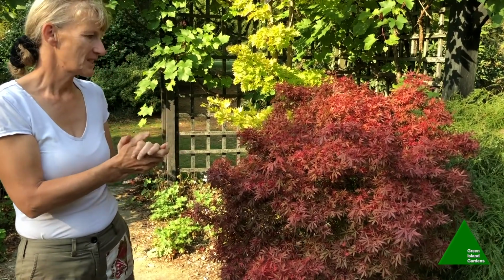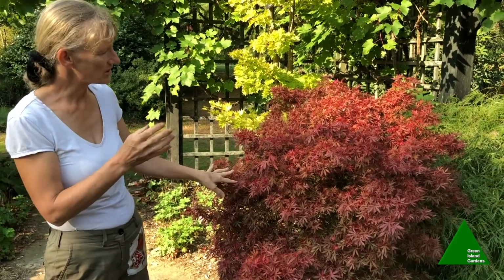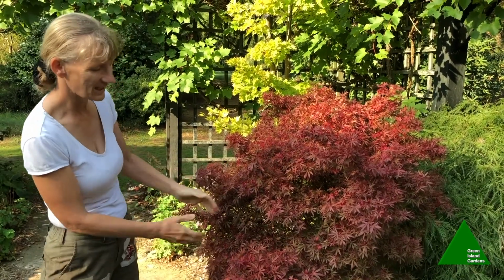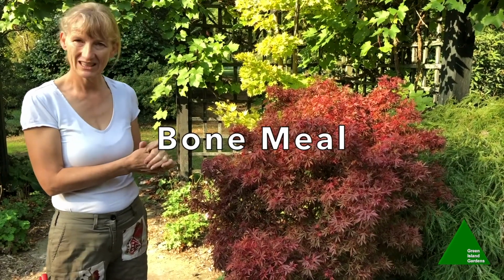And then the other thing is about feeding and pruning. I don't tend to feed my acers in pots. I did try it one year after so many people had asked me what I fed them with, and I gave, in fact it was this acer, a handful of bone meal in the spring, and the growth on it that year was as much as it had done in the previous 10,